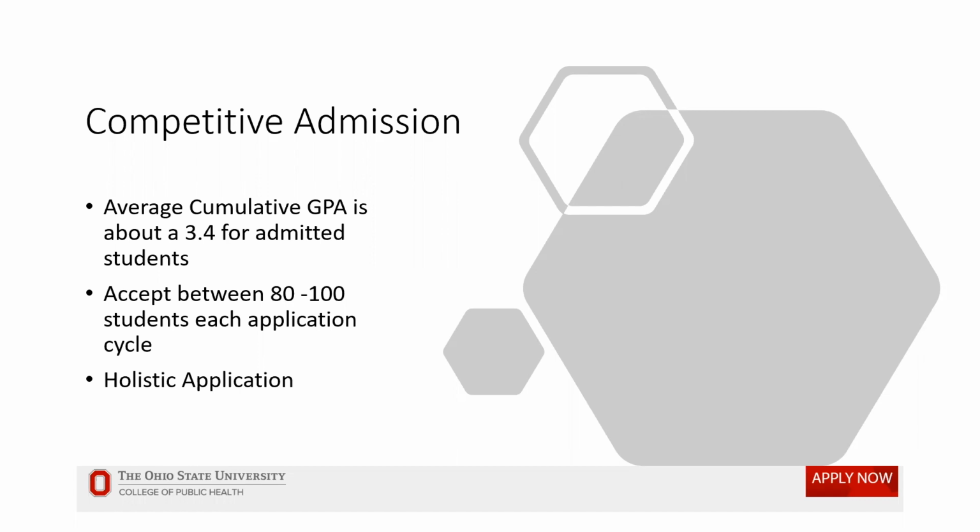We usually like to admit around 80 to 100 students to the major each year. And so again, within that range, we are going to be looking at every applicant. It will be read by our faculty review team. So there's not going to be a computer system reviewing you. It will be the faculty within our college reviewing everything that you submit. And we'll be looking at things like your current GPA, your coursework, the prerequisites, also that essay, which is a very big component as well. So make sure you're taking your time when it comes to writing that.